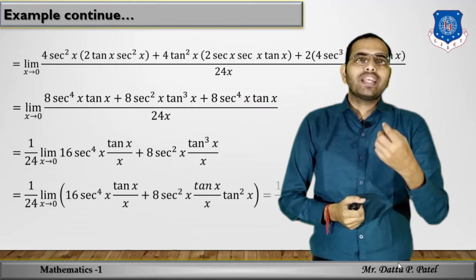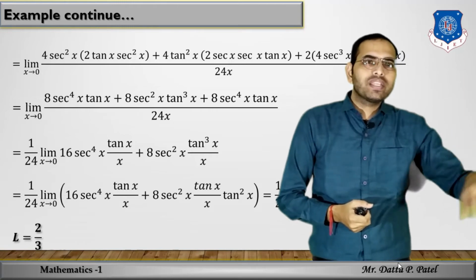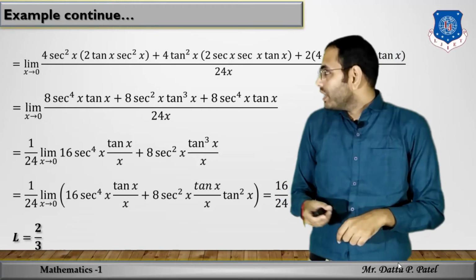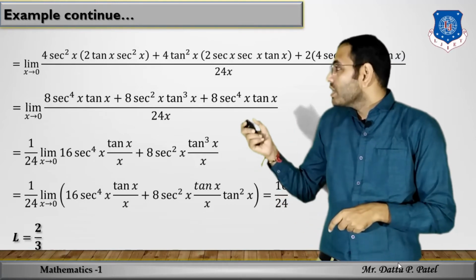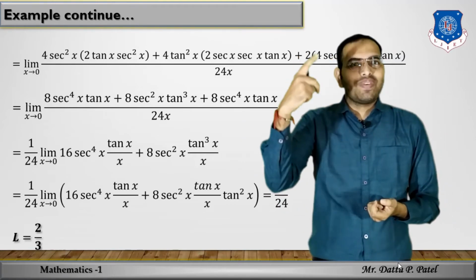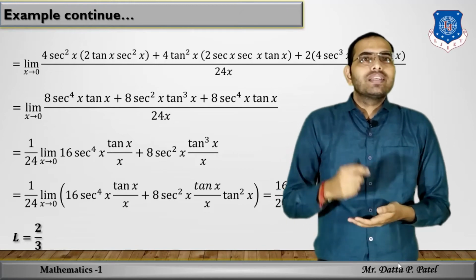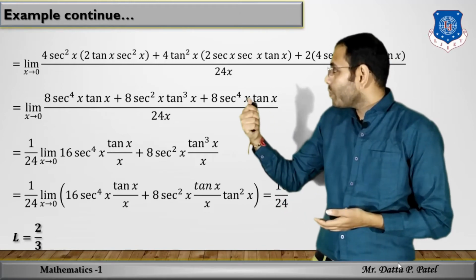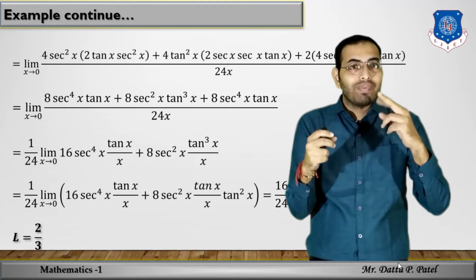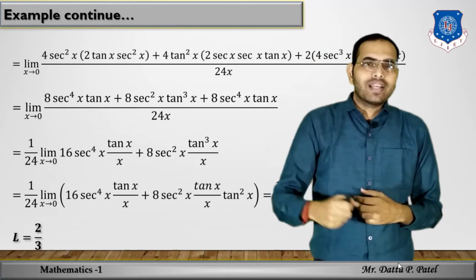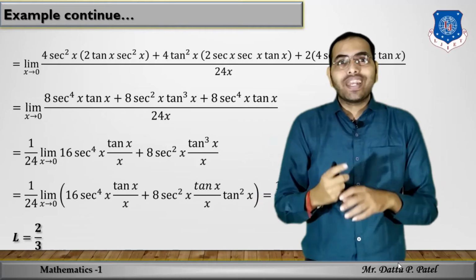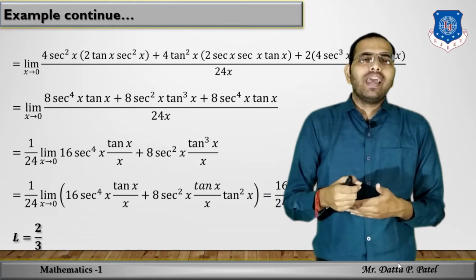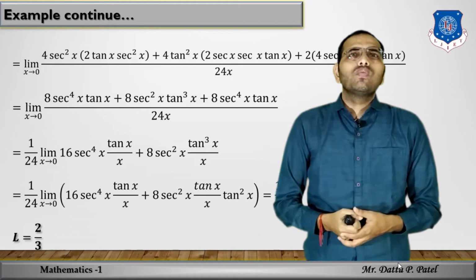Then 1 by 24 is constant, then comes out the limits. Then 1 by 24 limit x tends to 0, inside the bracket 16 sec^4 x into tan x by x plus 8 sec^2 x. Here tan^3 x is divided into two terms, tan x by x into tan^2 x. Here limit x tends to 0, tan x by x is 1, and applying the limit, then it